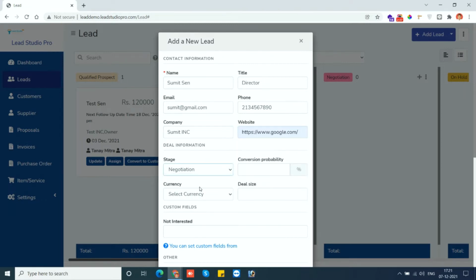Whether what stage it is, how much conversion probability is there, what is the currency.